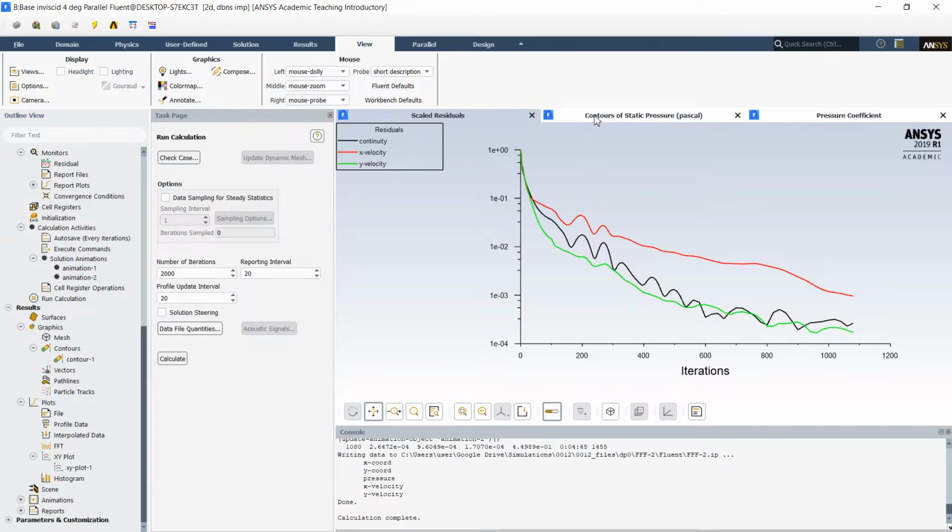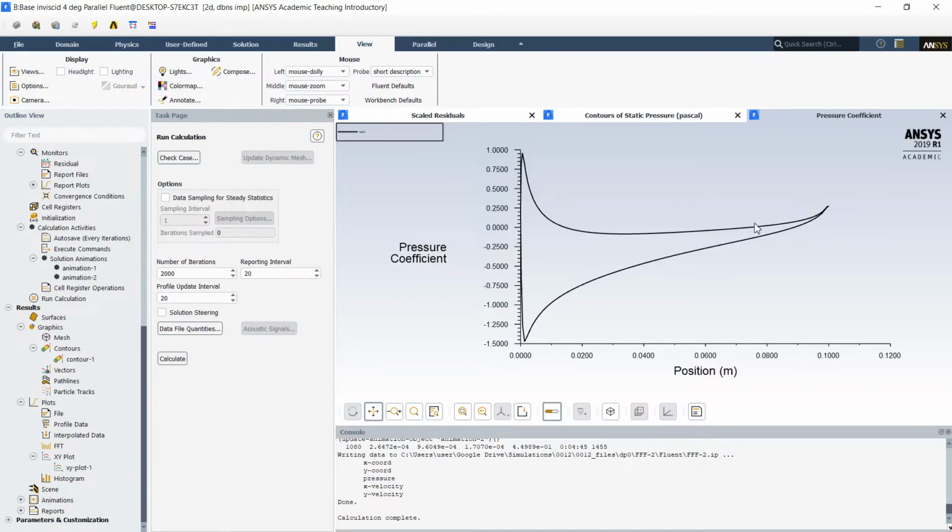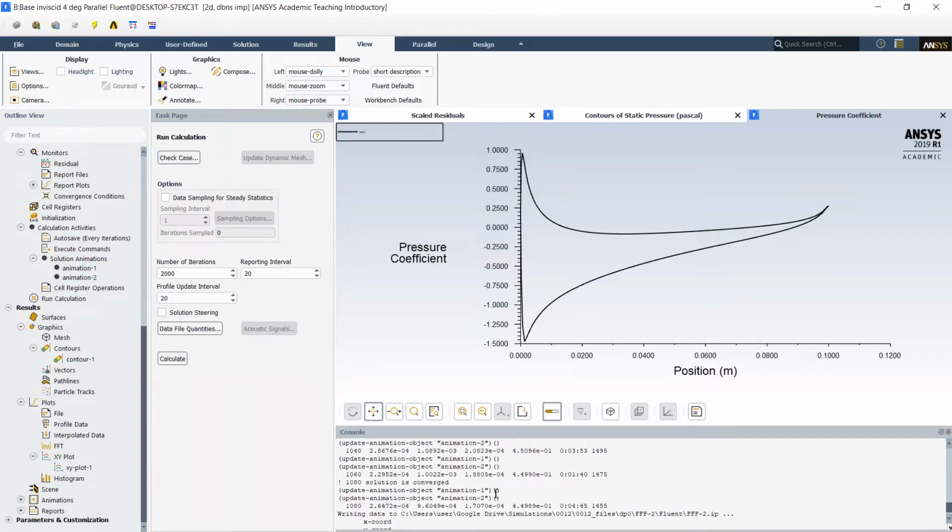We can observe the distribution of the pressure and the pressure coefficient. Actually, the value of the pressure coefficient is quite close to the classical and experimental pressure coefficient distribution. Here we also can see the lift coefficient value, which is approximately 0.44989. This value is not the lift, but the normal coefficient. But since our angle of attack is very small, equal to 4 degrees, this is approximately equal to the lift